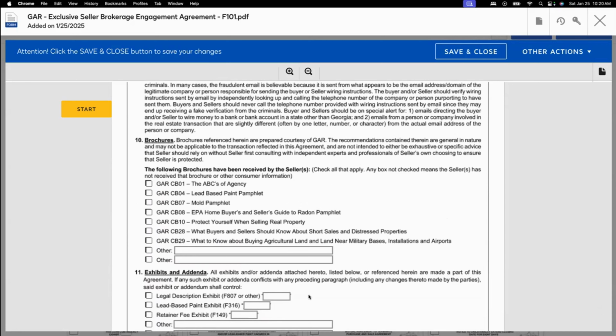Honestly, I don't send all of them. For example, if it's a home that was not built before 1978, I'm not sending the lead-based paint exhibit. I do send the mold exhibit to my buyers, but it just depends on, it's your preference. But the one that I would send every single time is Protect Yourself When Selling Real Property. And now in 2025, I'm going to be sending out this short sale and distressed property. I'm sending that out this year in 2025 because I suspect that we're going to start to see some things